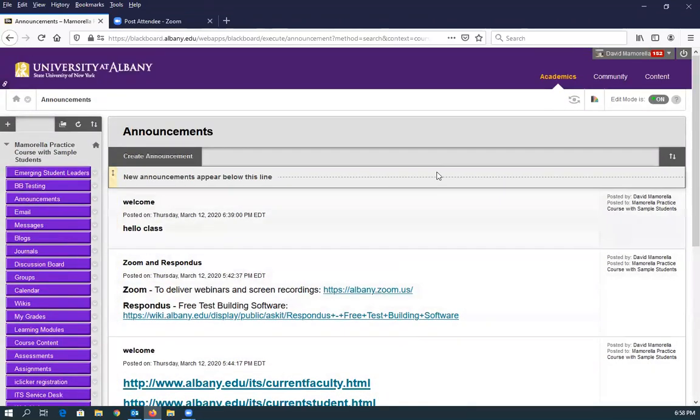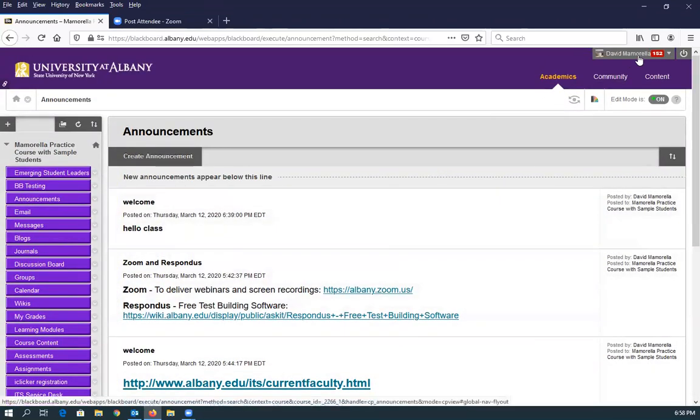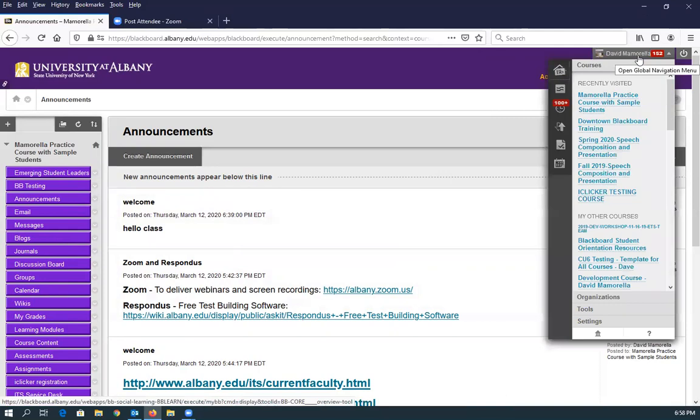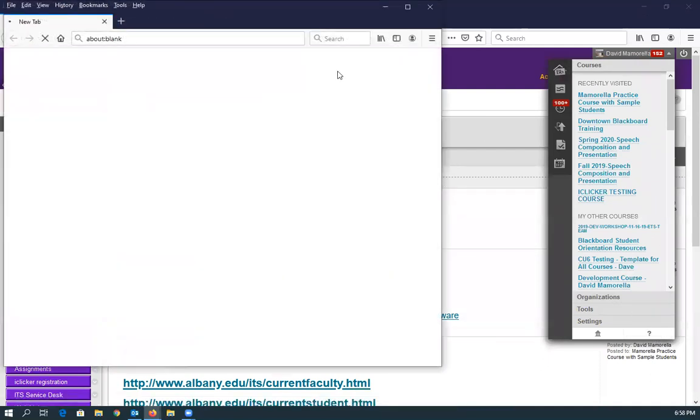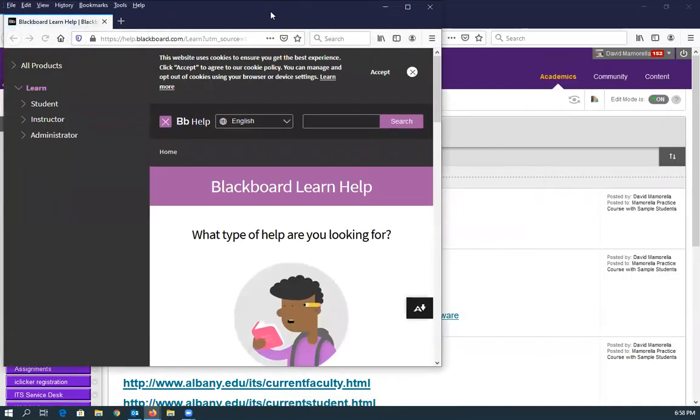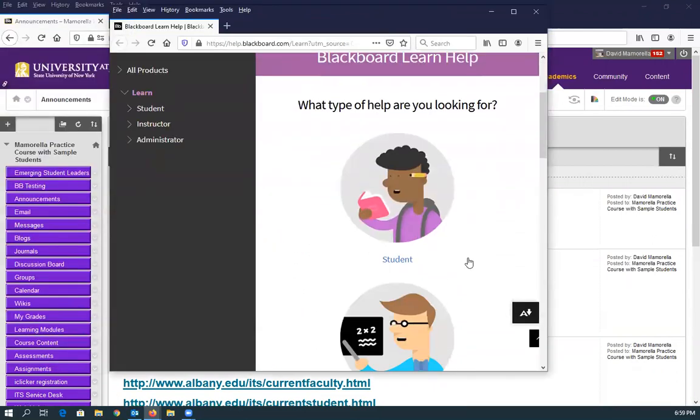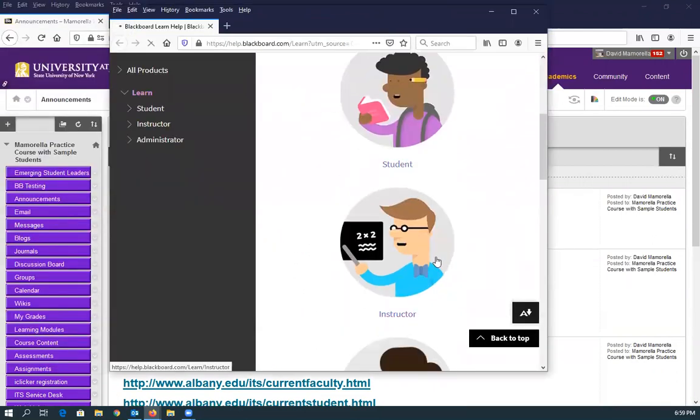Let me point out up here at the top right, there is a lot of Blackboard help. I know we've been trying to come up with a lot of documentation. If you click your name at the top right, there's a question mark here at the bottom. If you click on this question mark, this brings up an option, students, instructor. If I click on instructor,